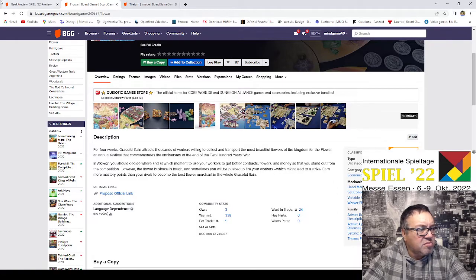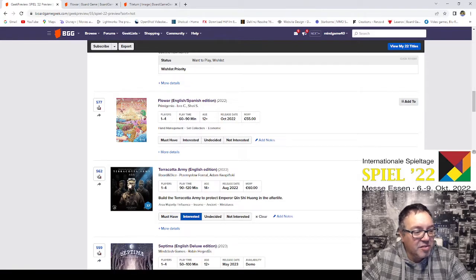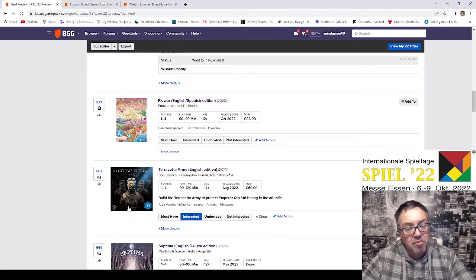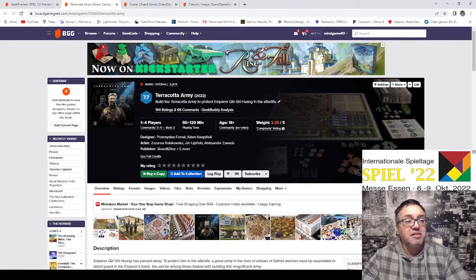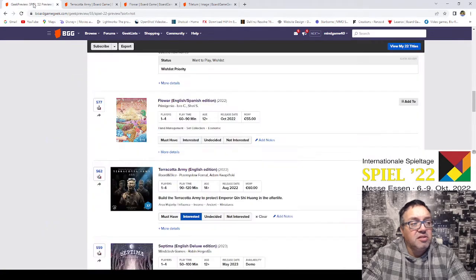No, it's just a generic sales pitch about the game. Not really anything about the mechanisms. Terracotta Army. I already talked about this one for sure in my own picks. It's from Board and Dice. It's 1 to 4 players, 9 to 120 minutes, ages 14 and up. 3.25. Just go watch my Essen picks part 1 and 2, and you can see what I think about